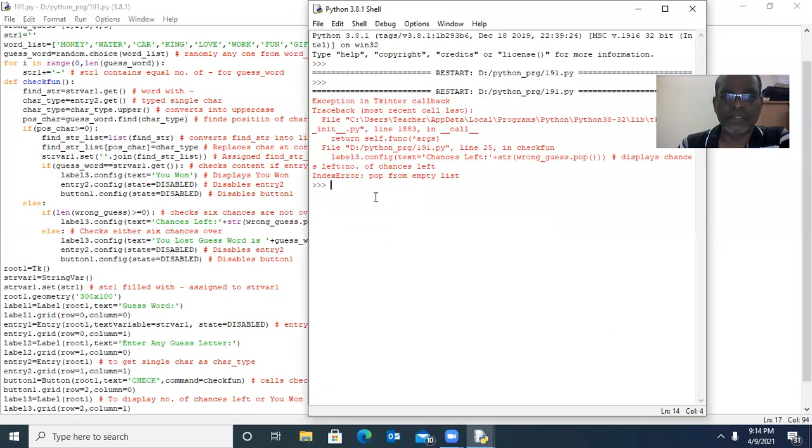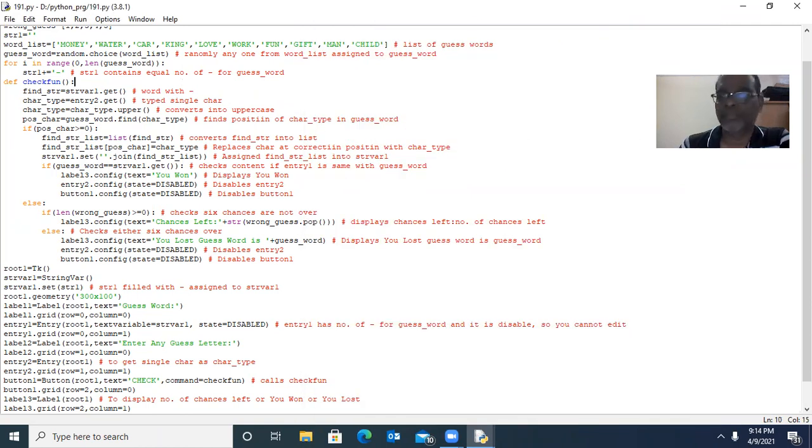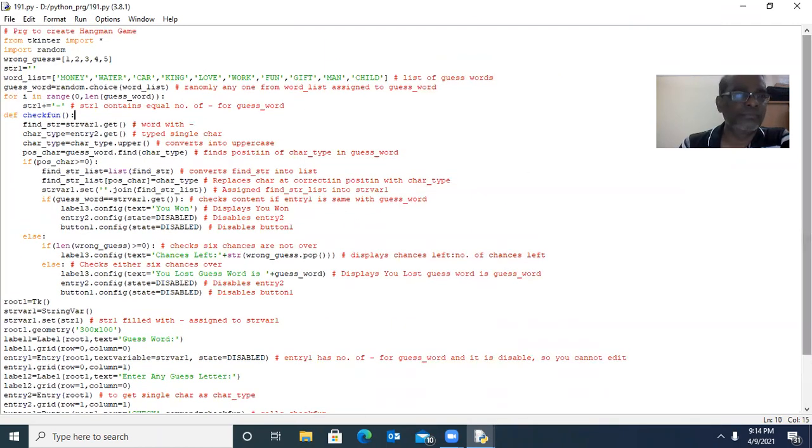And that's the Python lab: text equal to chances left plus str(wrong guess.pop()). First time it will be 6, 0. So it should all start with 0. 1 2 3 4. Okay. Greater than 0, I think. Greater than 0. 0 should be displayed.